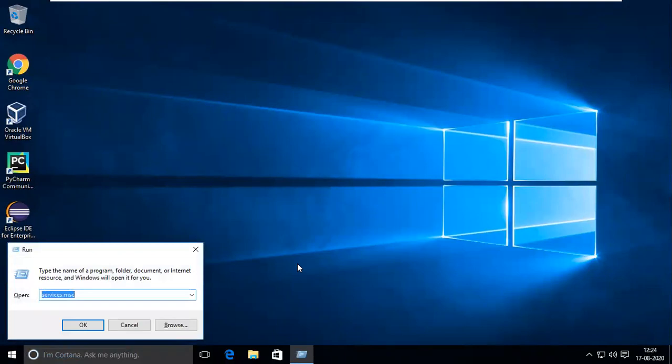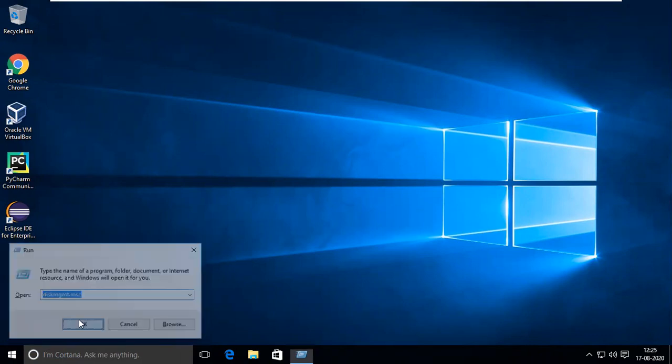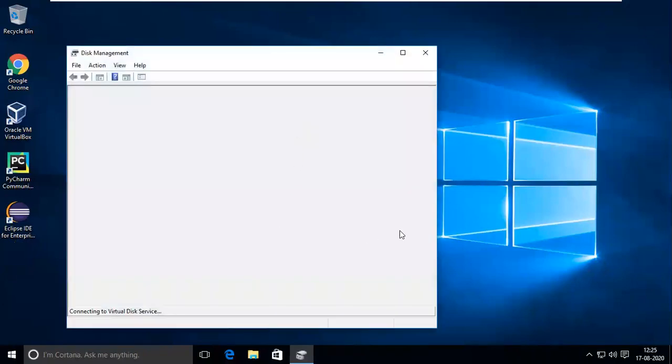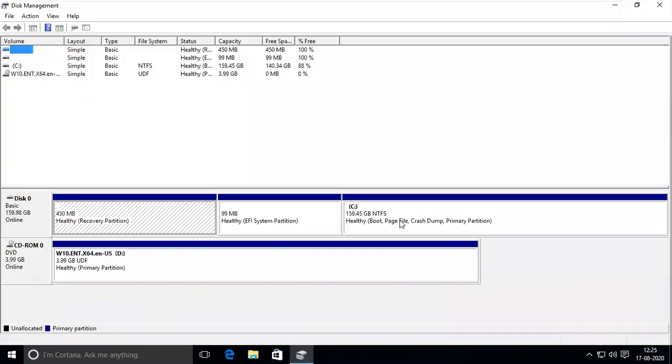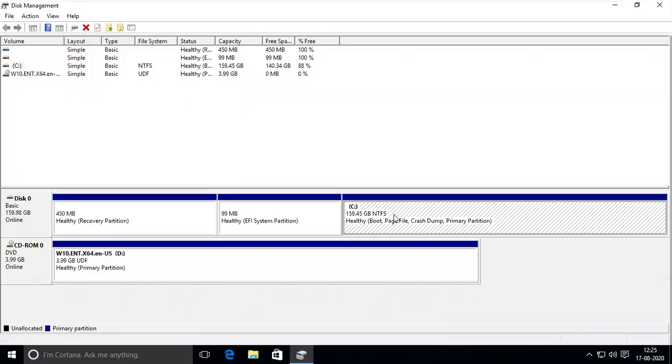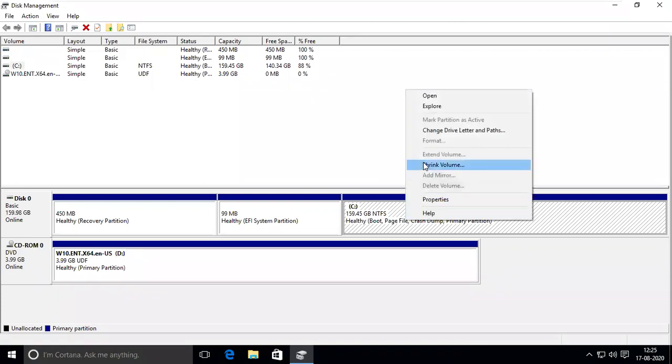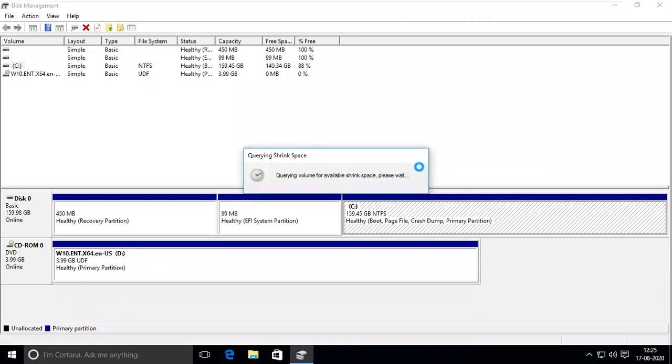So I'm going to disk mgmt.msc. Okay, so I want to separate one drive, so then I can keep all the practical parts in that one. This is 160 GB anyway, so I'm going to shrink volume. Better not to put everything into the C drive, so it will be a headache.